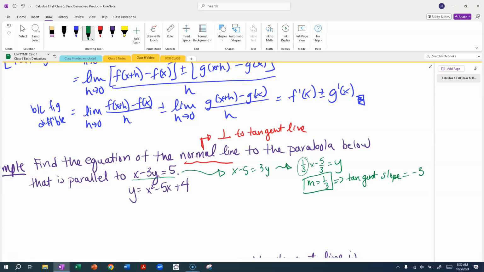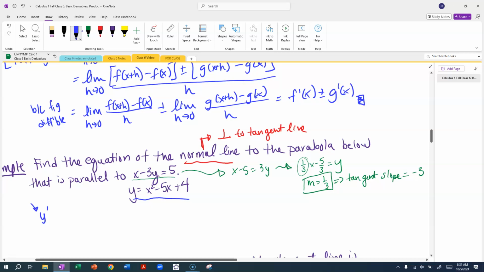Okay, but now I need a line, right? So a line needs a slope and a point. I have a slope, I don't have a point. What do? Well, I haven't used this yet, okay? And actually, if I look at y prime,